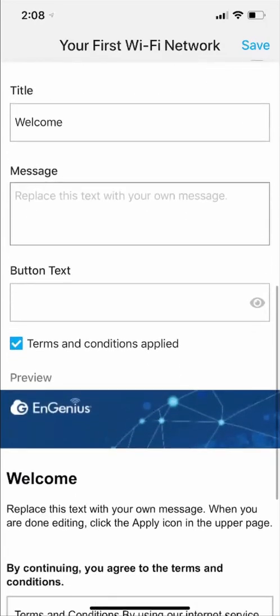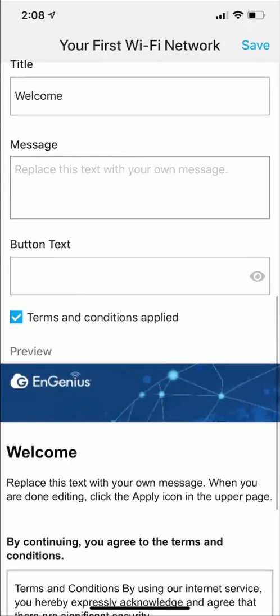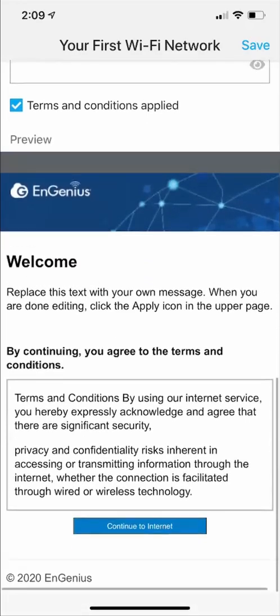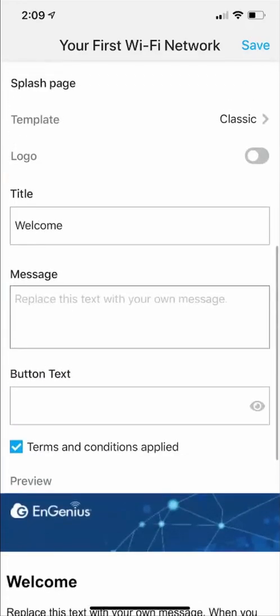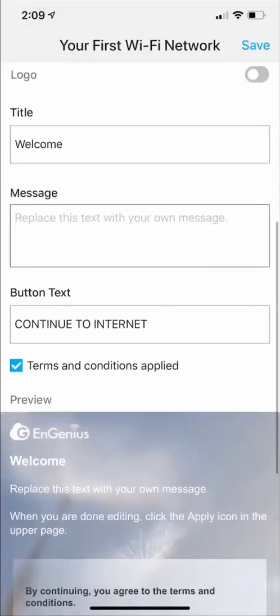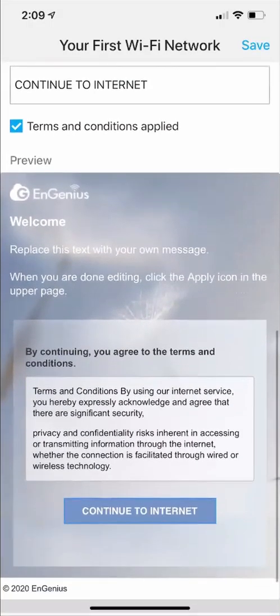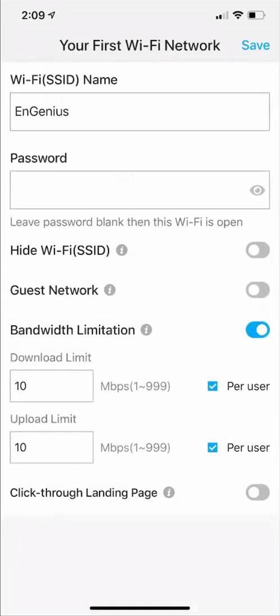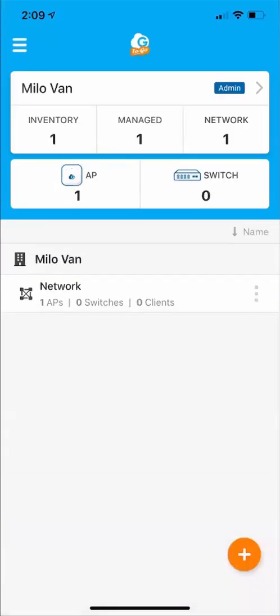So from here, let's say this is your guest network, a Wi-Fi network for your visitors. So you can configure the captive portal, same as what you can do on the browser. So you can change the templates. You can also change the logo and modify the message. So for now, let me disable the landing page. So once I save this, it's then going to create that SSID, so I can verify that when I go to network